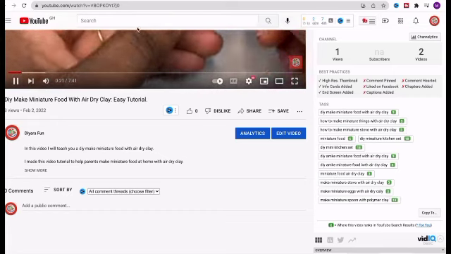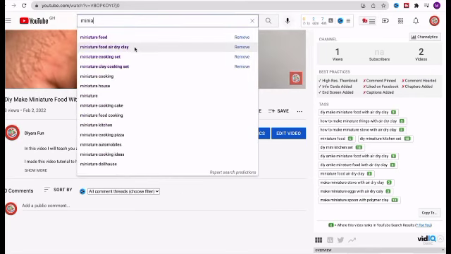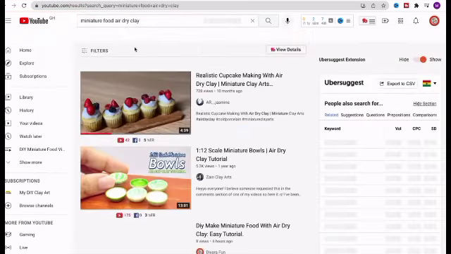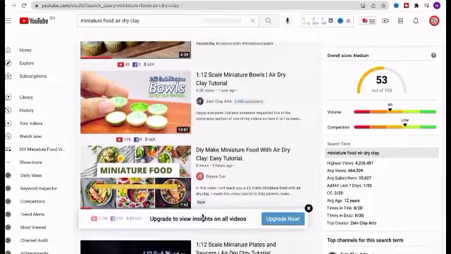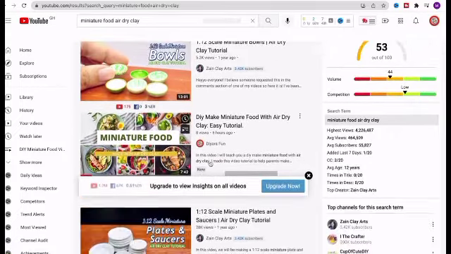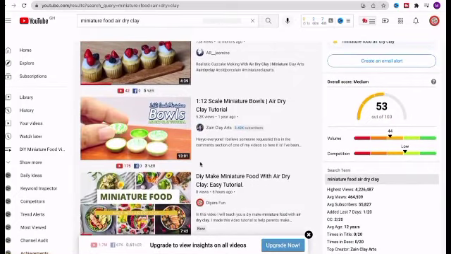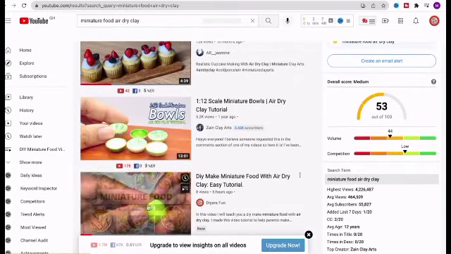Let's go check that out, miniature food air dry clay. And let's see how our thumbnail is looking. Beautiful, beautiful. So as you can see, our thumbnail is not looking bad at all. When somebody scrolls here, it's very catchy, it's very colorful as well, so people will click on this thumbnail very